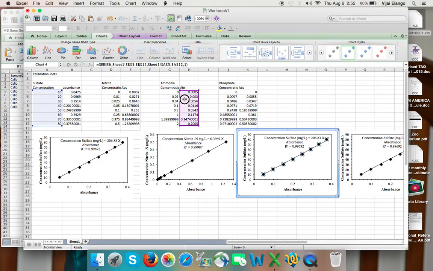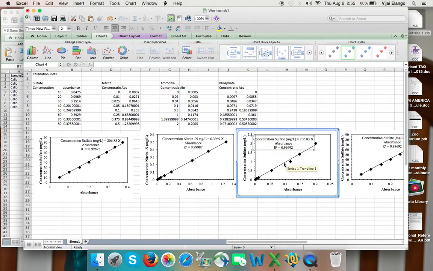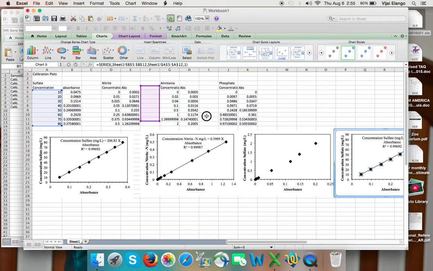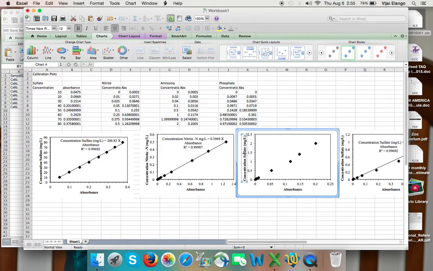This is for ammonia. And I have to delete this trend line. We'll make another trend line. This is for phosphate. Okay. Now I need to change this one to ammonia nitrogen,